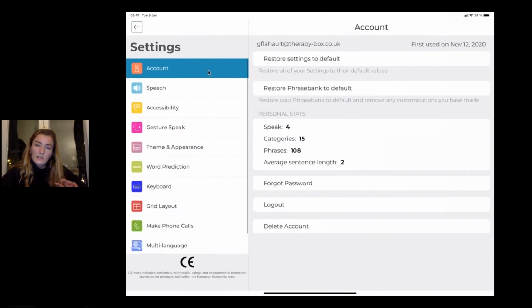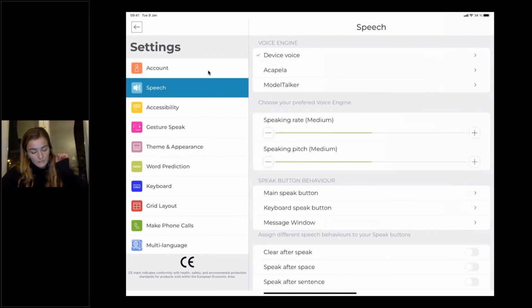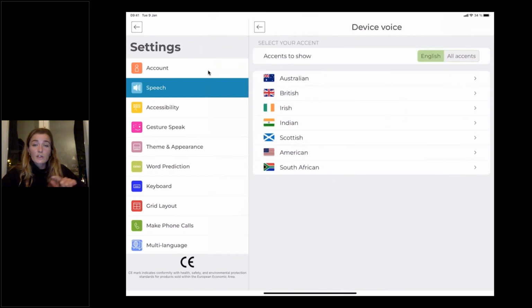The account settings are obviously available on Android. If I go to speech, the device voices will be different, obviously, because this is an iOS device, running on the iOS platform, and the iOS platform offers different voices.